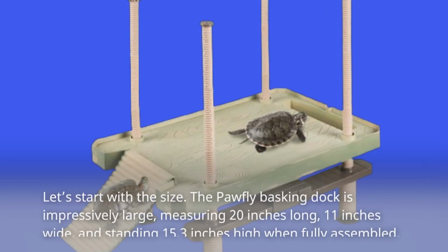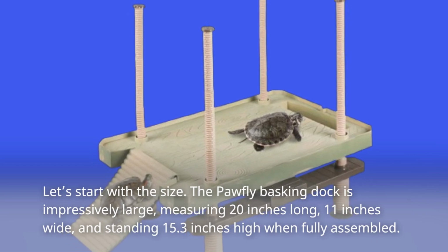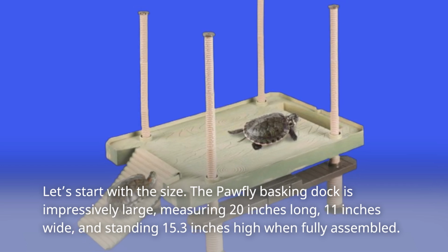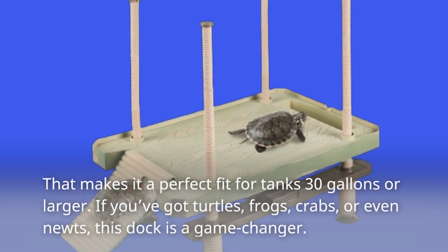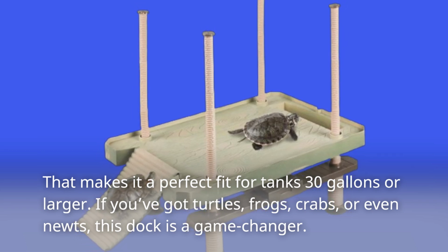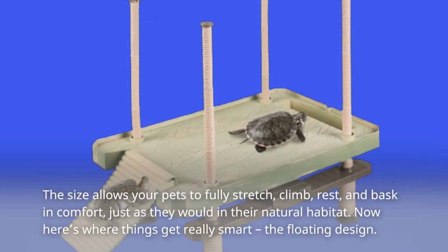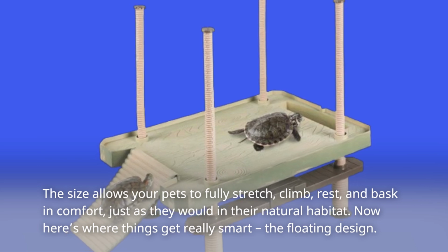Let's start with the size. The Pawfly Basking Dock is impressively large, measuring 20 inches long, 11 inches wide, and standing 15.3 inches high when fully assembled. That makes it a perfect fit for tanks 30 gallons or larger. If you've got turtles, frogs, crabs, or even newts, this dock is a game changer. The size allows your pets to fully stretch, climb, rest, and bask in comfort, just as they would in their